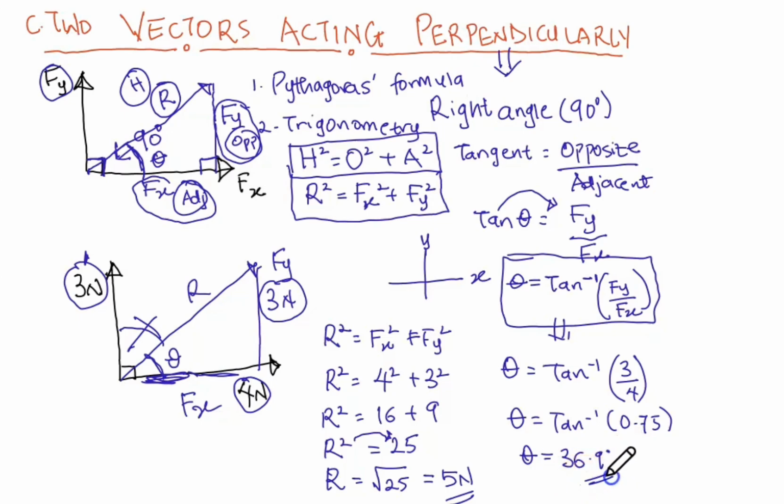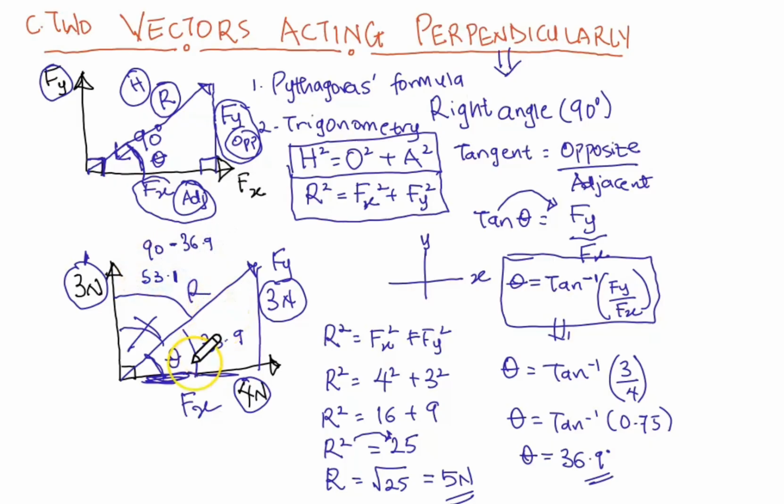So this is 36.9 degrees. Now, something very important that you ought to know is that in some exams, you could be told to find it in northeast or northwest. What we just did is get this part to be 36.9. To get this other part, we simply subtract it from 90, because this is a right angle and they are perpendicular. So 90 minus 36.9 will give us